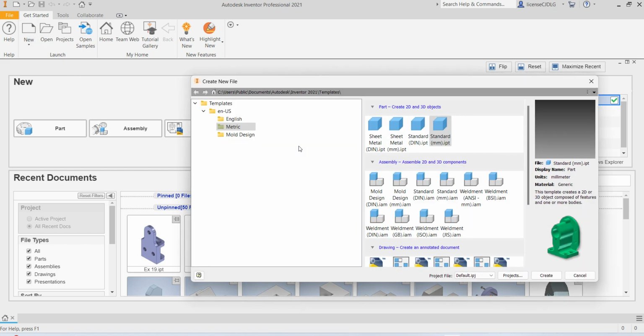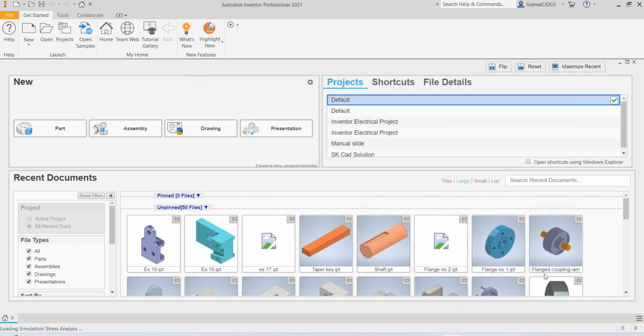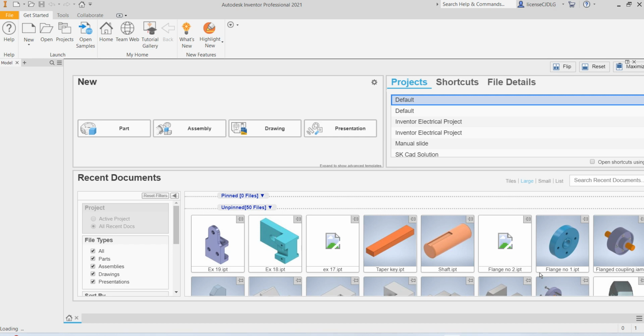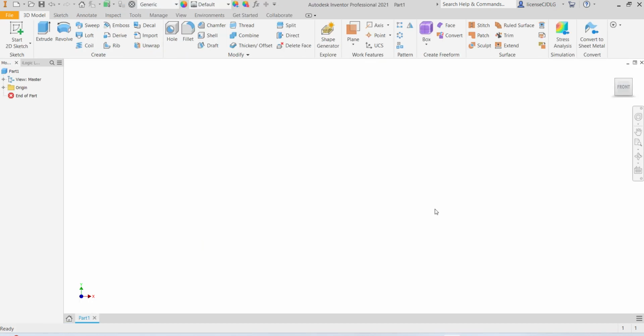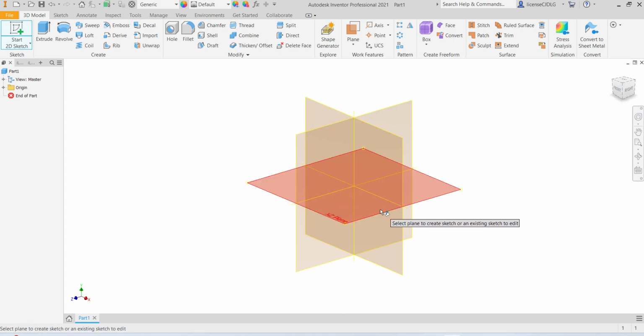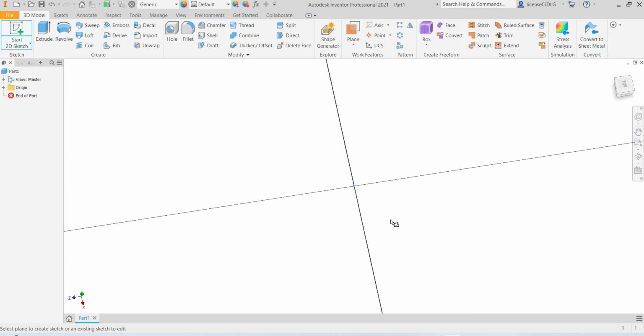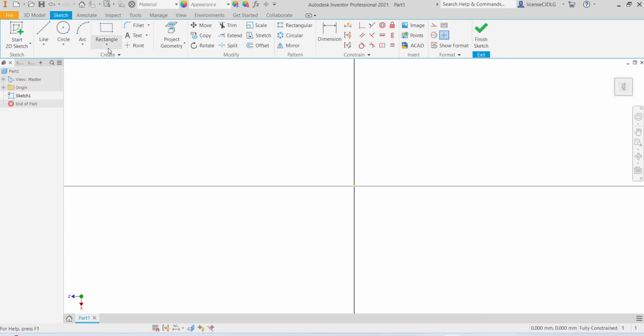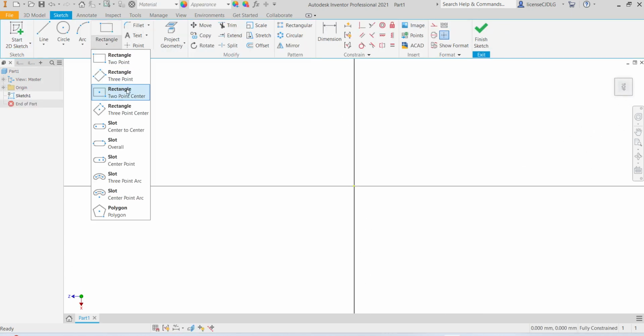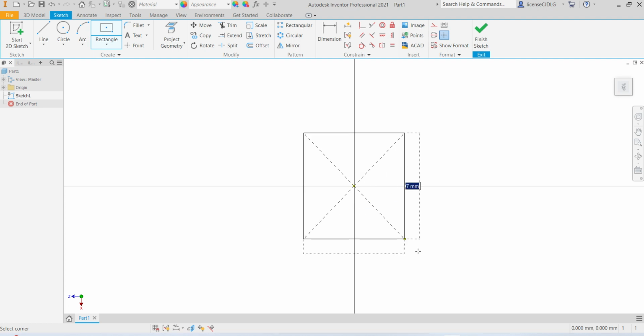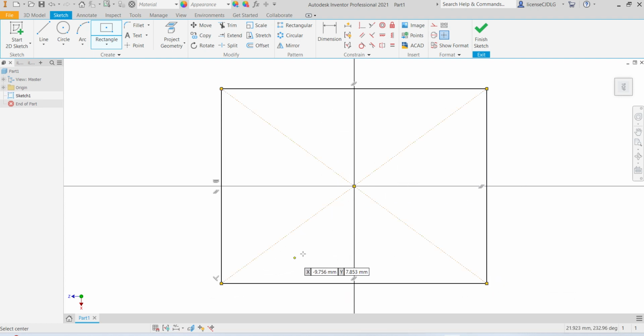Select new, metric, standard create. Select 2D sketch. Select plane. Select center rectangle. Give the dimension